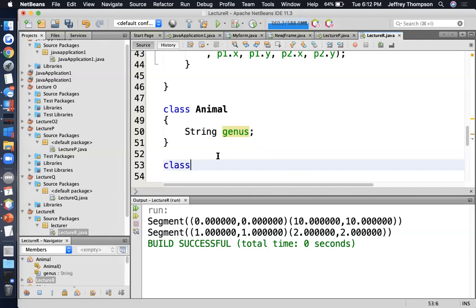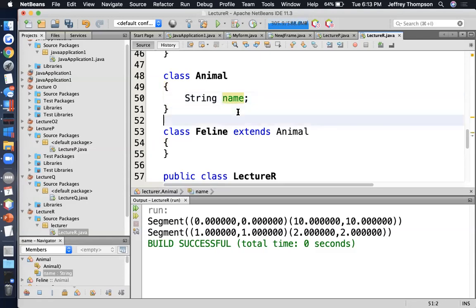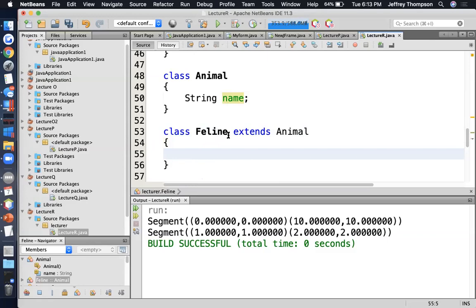Now we have a class called feline. Which is an animal. So it extends the animal class. Extends animal. I'm going to change that back to name. Every animal has a name, right? And every feline